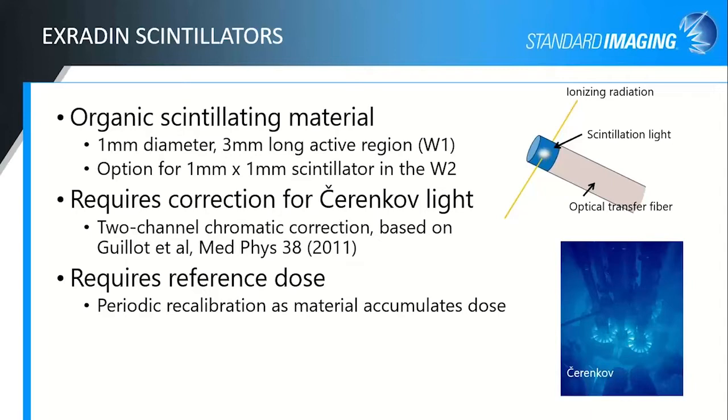Ionizing radiation interacts with that scintillator to make optical light, and so we have this coupled to an optical transfer fiber. The difficulty with this, and part of the reason that it wasn't commercialized until just recently, the past 10 years, is that the electrons irradiating that optical transfer fiber create Cherenkov light. This acts as basically a stem effect, a contamination that we have to remove from the measurement. The method that we use is a 2-channel chromatic correction based on a publication by Matthew Guyot et